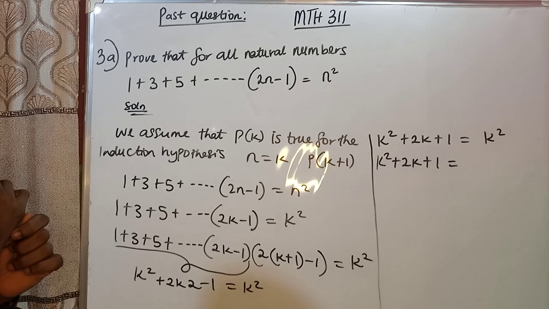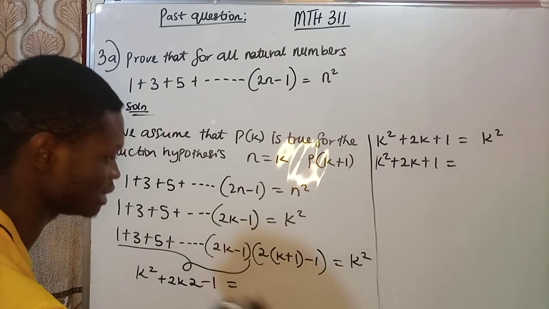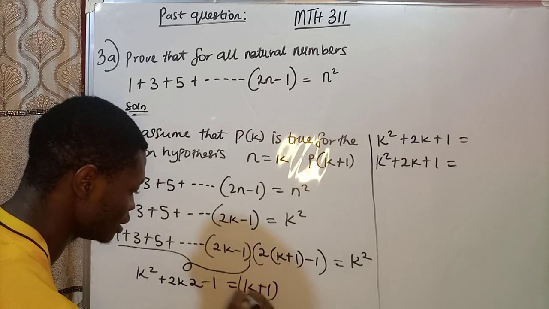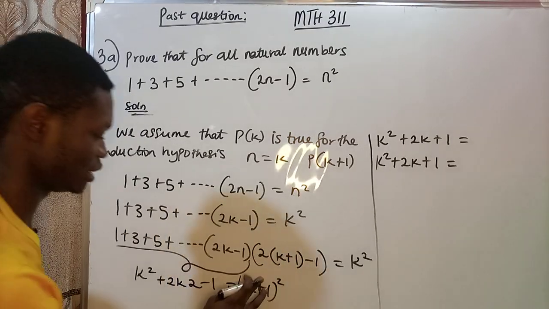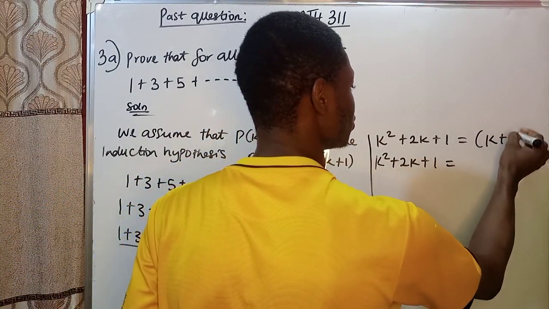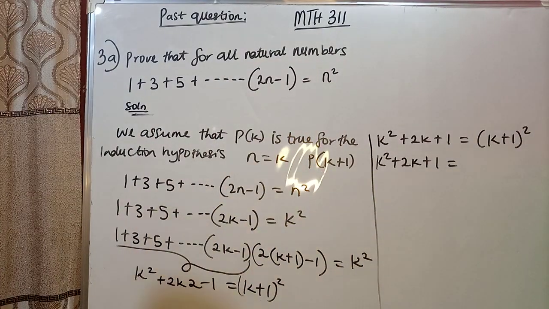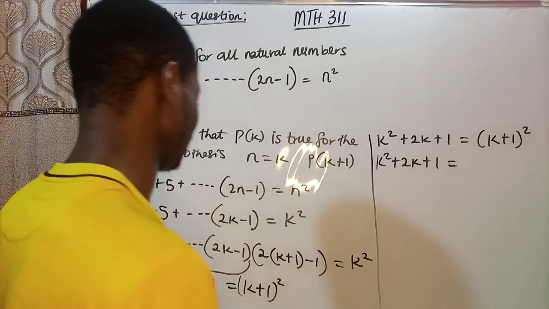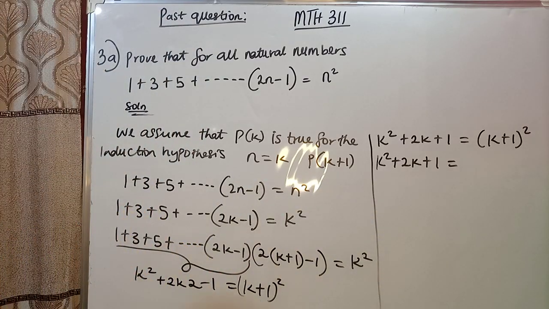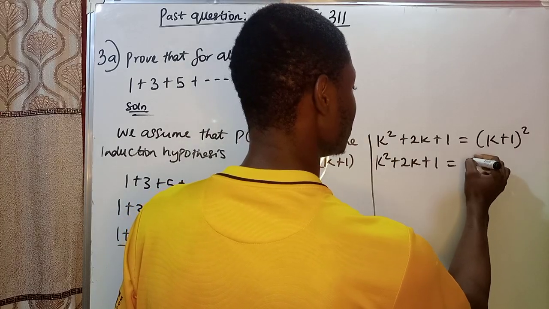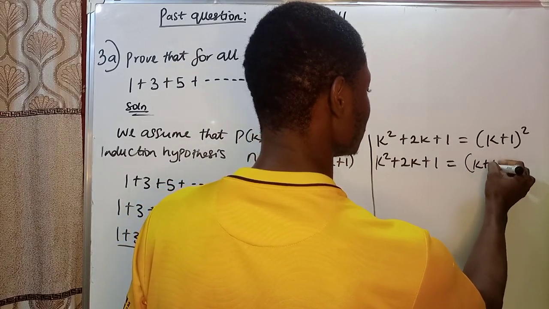K plus 1. So we missed it at this step. So we are going to have k plus 1 squared. Are you seeing it? K plus 1 squared. Then k plus 1 squared. Are you seeing it now? I know you are seeing it. So let's continue. So we have the sum of two squares, k plus 1,